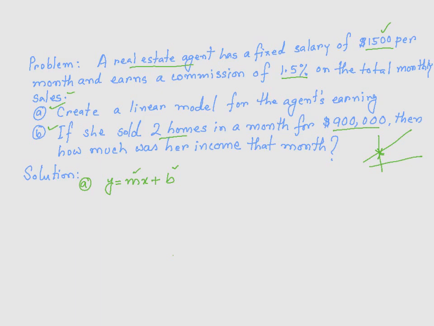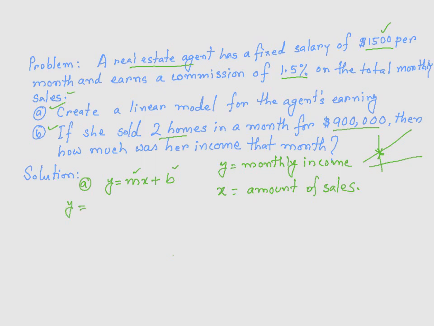Now we have to figure out what is Y and what is X. Y obviously is her monthly income or salary, whatever you call it, and X must be the amount of money, or amount of sales in this case, that she generates. So now, given these two scenarios, our linear model is going to be y is equal to